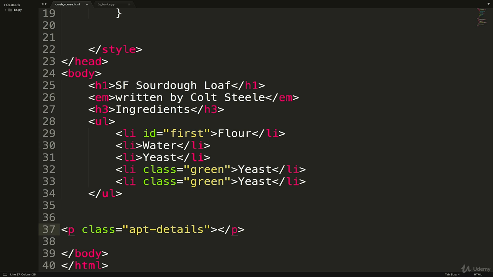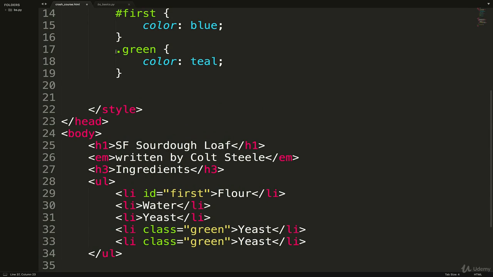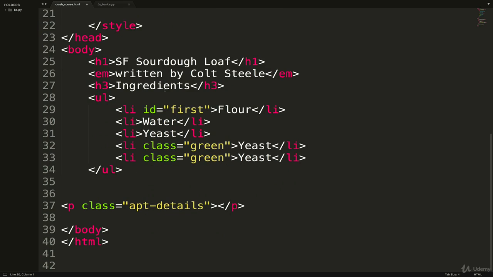So we don't want all paragraphs. We only want ones with class apartment details. Well, now that we understand what a class is, and we know that we use a dot to access it with CSS, when we actually see how to select things with Beautiful Soup, which is the module I'm going to show you in the next video, it will help to understand classes and IDs, as well as HTML tags.